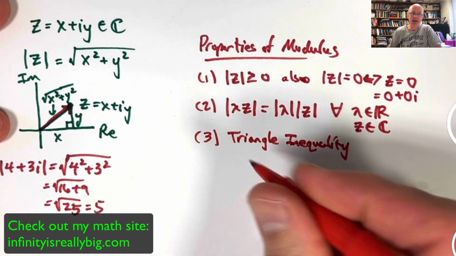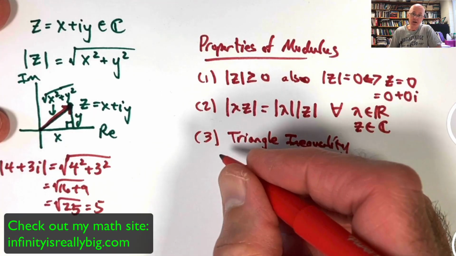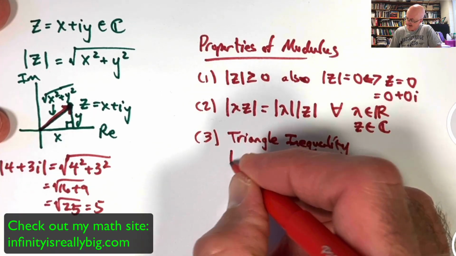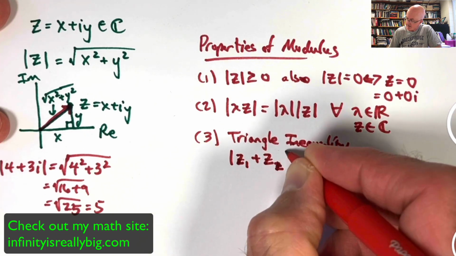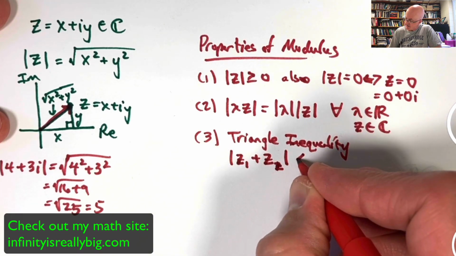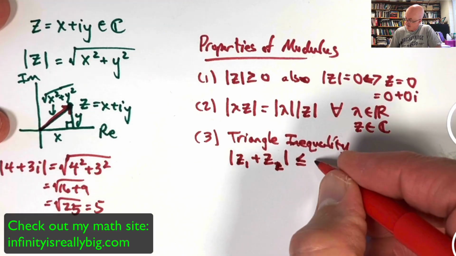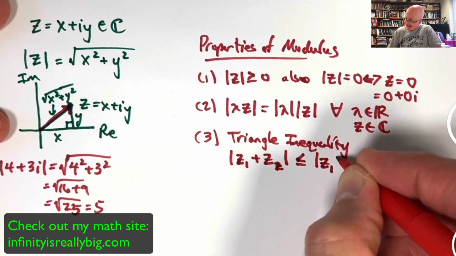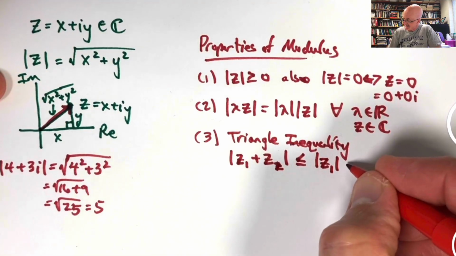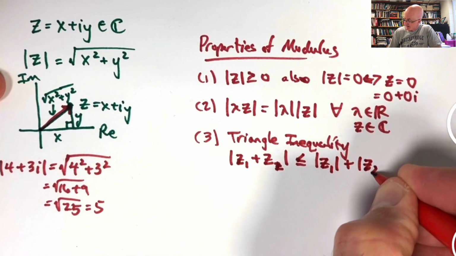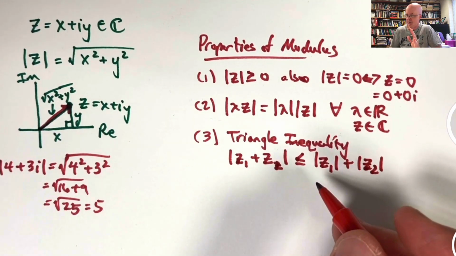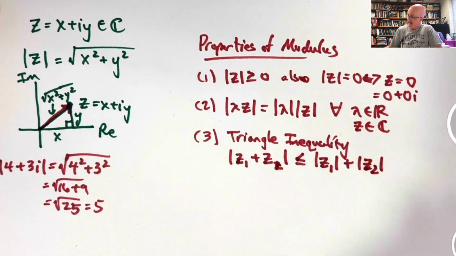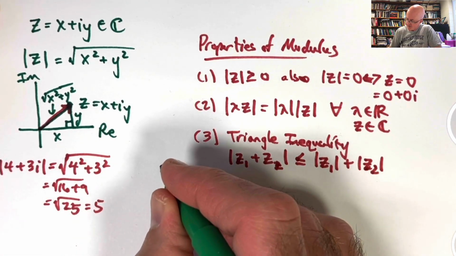And that says if you've got two complex numbers, z1 and z2, and you add them, and take the modulus of the sum like this, the modulus of z1 plus z2, that the result will be less than or equal to the sum of the moduli, that is the plural of modulus, of z1 and z2 individually. We will eventually prove this, not anytime super soon, but eventually. At the moment, however, let's see that this makes sense if you think about the geometric meaning of